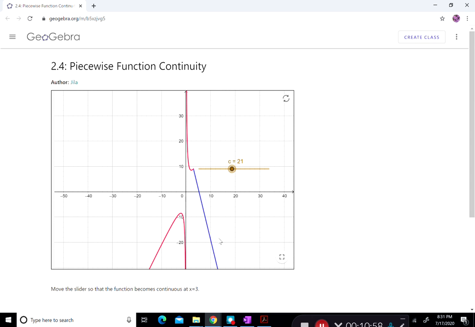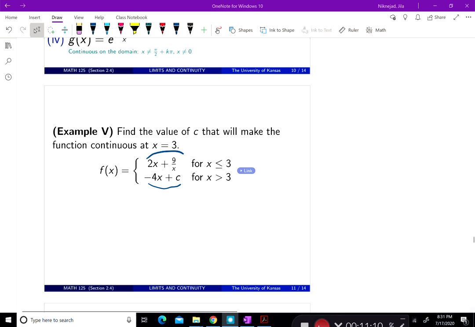So that's what we're doing. We're finding that c that connects these two pieces together, but we're explaining this in mathematical terms. And so back to here, we're trying to find the value of c that makes these two pieces connected together, right? And what does that mean? That means that the limit as we approach from the right side and the limit as we approach from the left side are equal to each other, equal to the value of the function. What is the value of the function? It uses the left values,